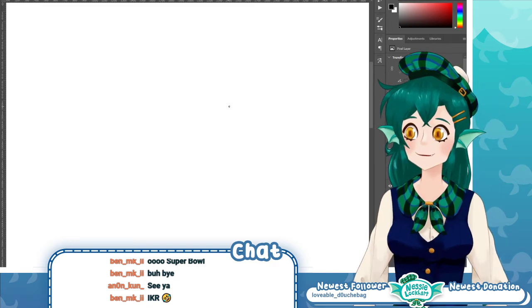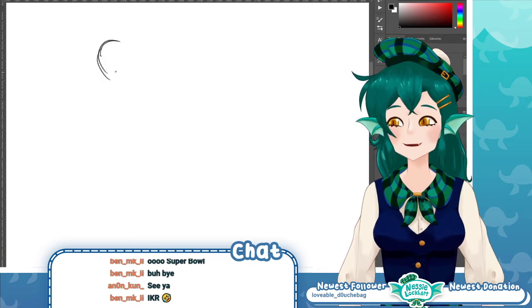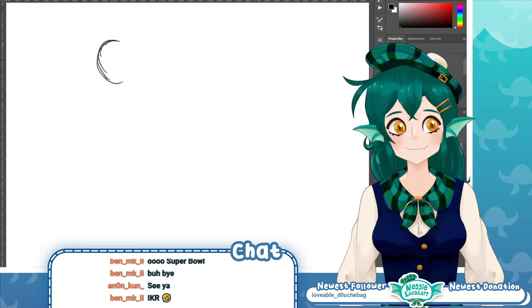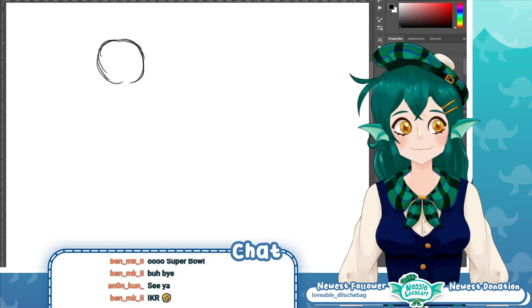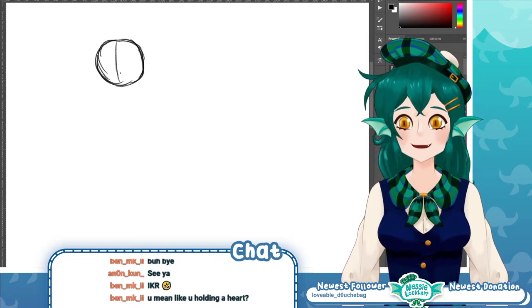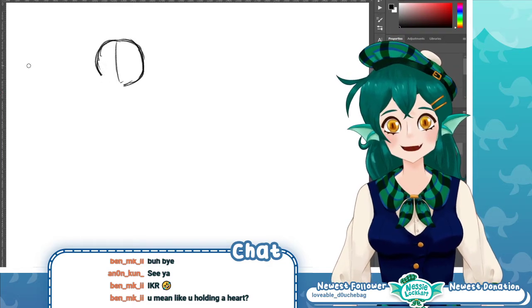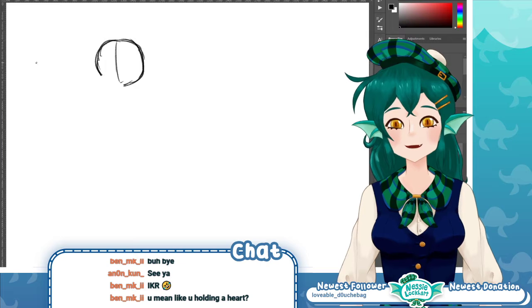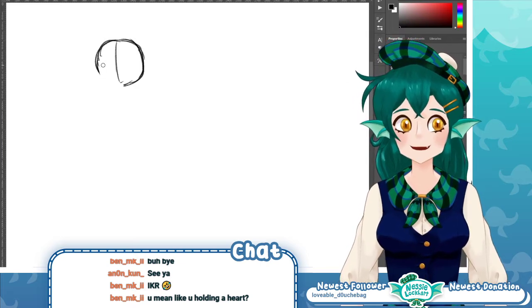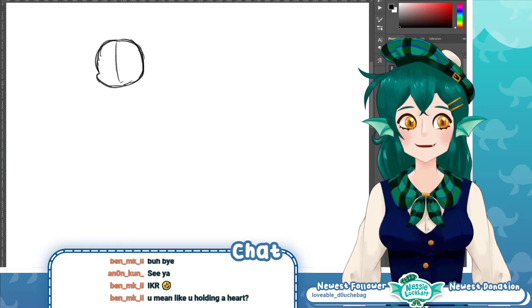For ideas, I know a really popular one is the VTuber holding the heart. So maybe I'll do something like that. Yeah, like me holding a heart. That seems to be a popular one. I would like some standard ones and maybe then some not standard ones.